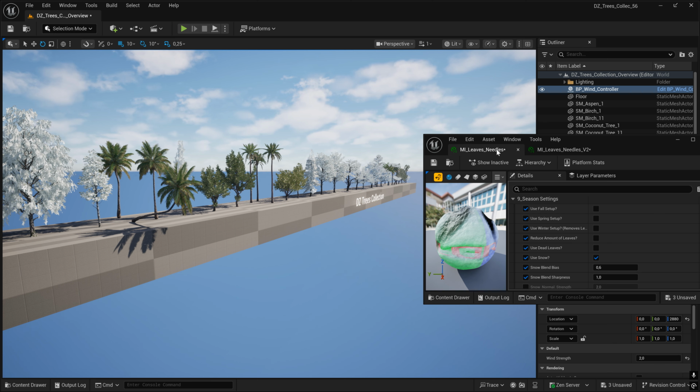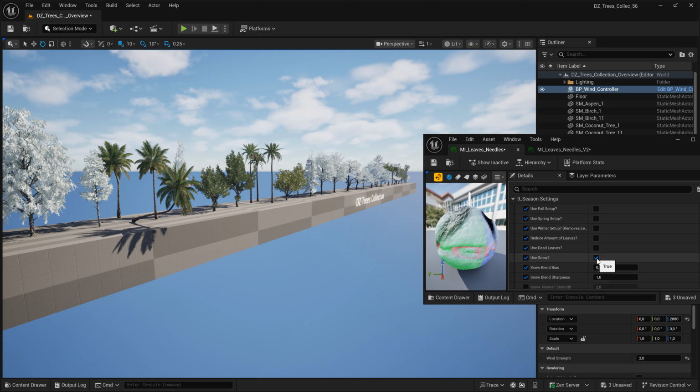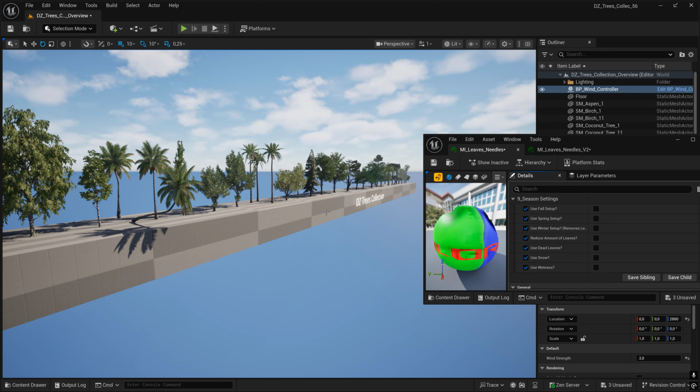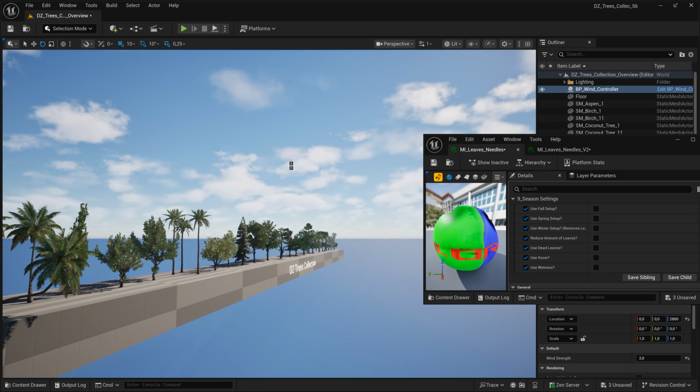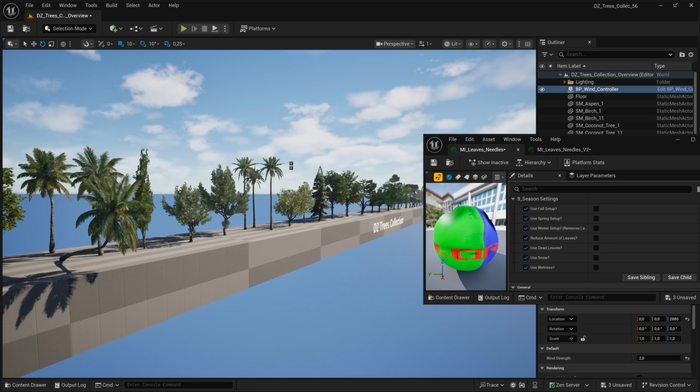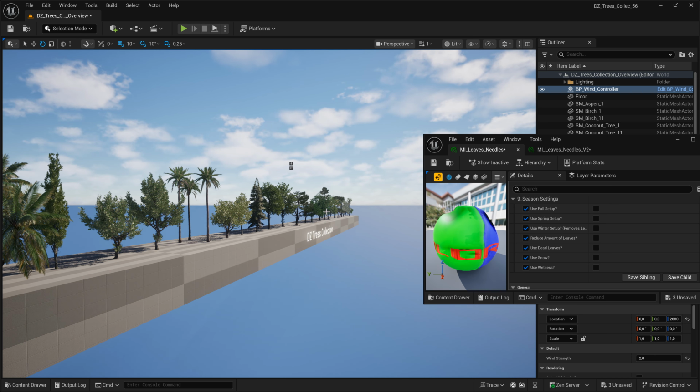But the new thing is that we have this blueprint for controlling wind for all these tree assets, and that's quite a nice feature. Okay,